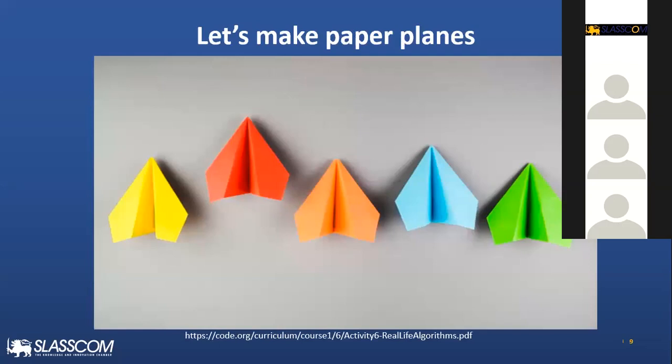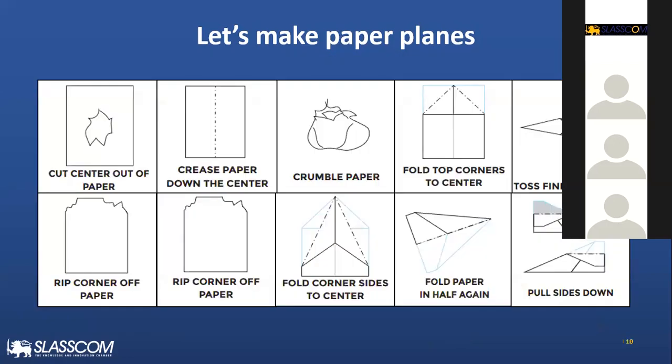Now I'm sure that many of you know how to make a paper plane. This is another exercise that I would like to introduce, making a paper plane. Normally in a physical code club situation, I give you all colored paper to make paper planes. So we'll see what steps are involved in making a paper plane. These are basically 8 steps that possibly can make a paper plane, but some steps are not relevant or not important. Can somebody tell me what are the steps that are not relevant?